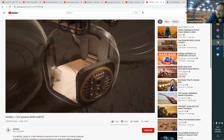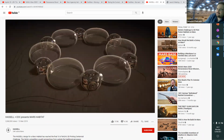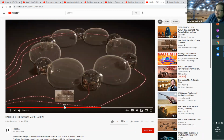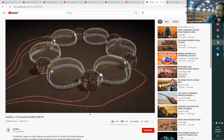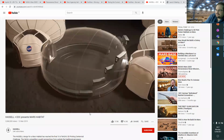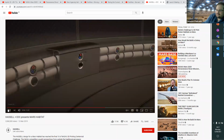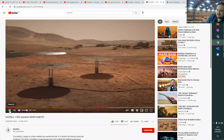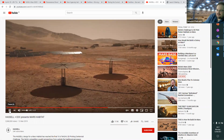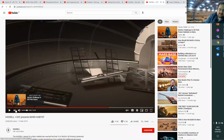Each connector module houses 3 integrated environmental control life support systems, delivering essential services like power, water, data, and oxygen to all the habitation units. A circular conduit delivers these services to multiple endpoints in each pod. The base will be remotely powered by 2 nuclear kilopower reactors and a solar farm, located a safe distance away from the base. In the next stage, okay, I will stop over here because the nice part of the rovers